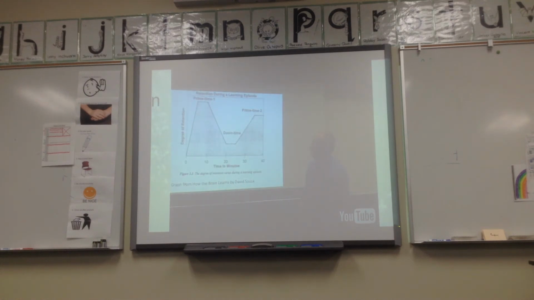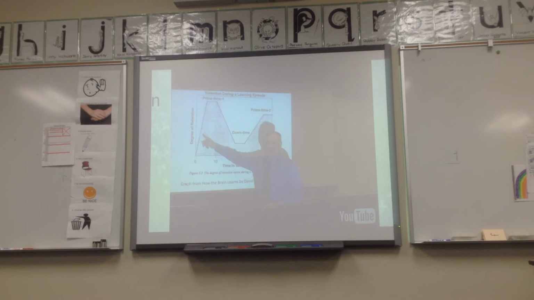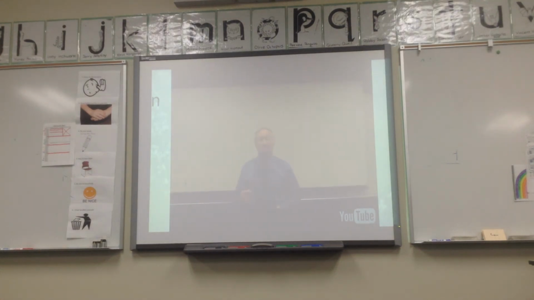This is a graph of primacy recency, and it really shows very well in a learning period, and this is a 40-minute period, your best retention time is at the beginning of class and at the end of class, and then in the middle, retention is a little bit less. Now, if you think about a typical school period, as I'm talking about, if you think about a typical school period, basically, that stresses the importance when students come into your classroom that you have something ready for them to do. Because typically you have lots of other things like taking roll, someone comes up, they missed yesterday, you need to give them assignments. So you need to have something planned, a bell ringer when the students come in to do it at the beginning of class.